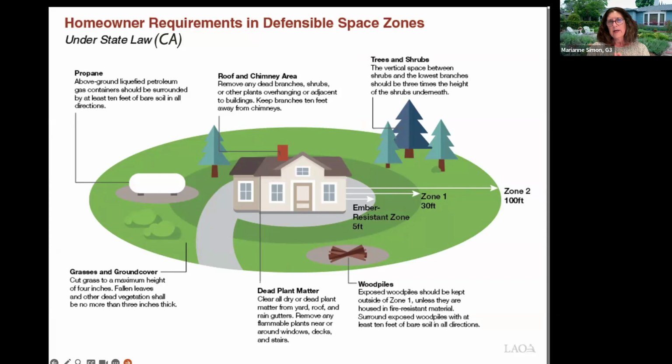So the way that we look at a property and a structure is, what are the defensible zones that we need to think about? And typically it's going to go out, you know, 0 to 5 feet is the closest to the home. It has certain requirements. We move out a little bit further. We go out to 30 feet. The requirements change. They're a little bit looser. We move out to 100 feet and the same thing. So what needs to be done in each of those zones in order to increase the ability to protect our properties?